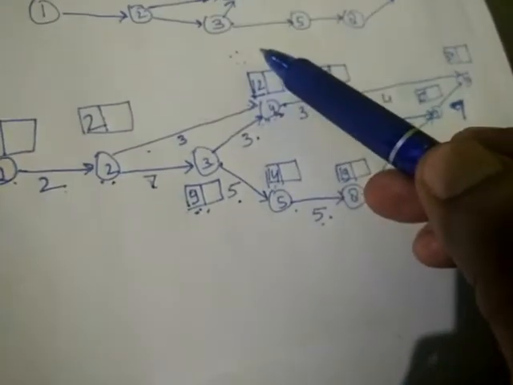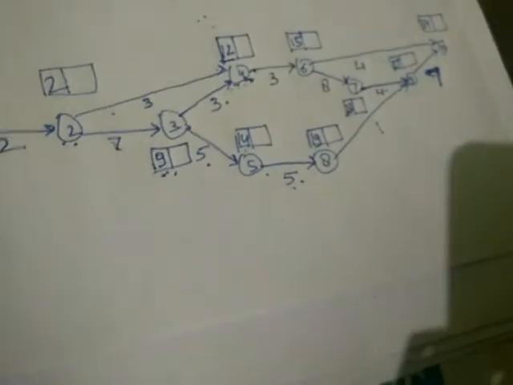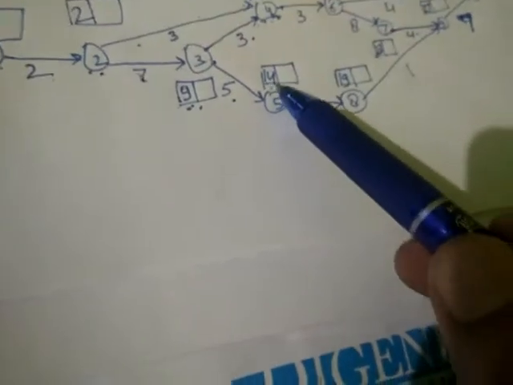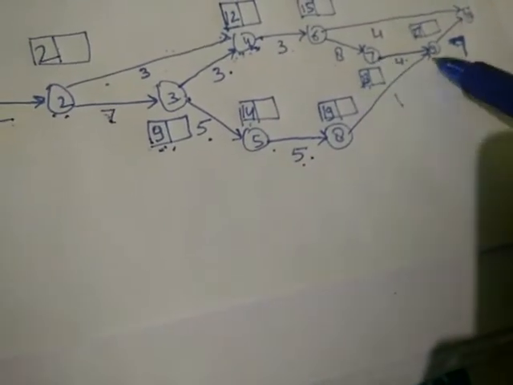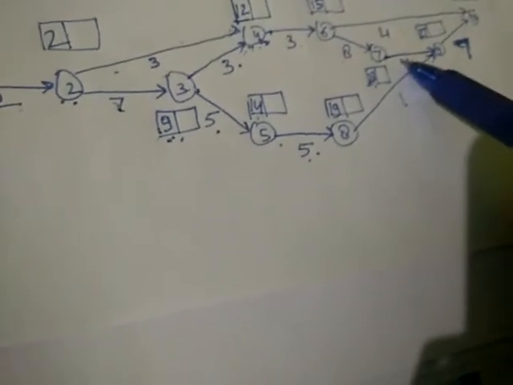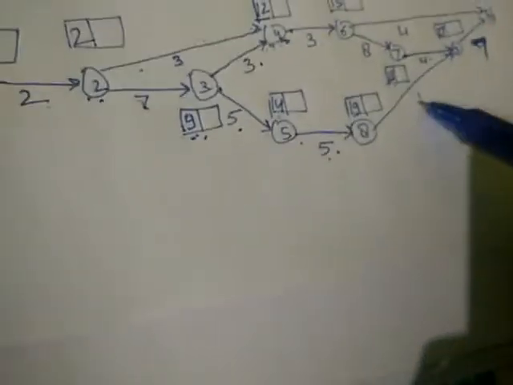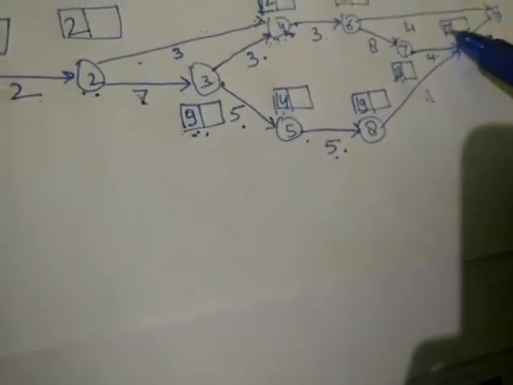Now see here 2 plus 3, 5, and 9 plus 3, 12. So here there are two choices, 5 and 12, so we will take 12. The same way 12 plus 3, 15. Here 9 plus 5, 14. Then 14 plus 5, 19. Then here 15 plus 8, 23. Now here again this is the merge event, so there is one path 7 to 9 and 8 to 9. If you calculate time from here, it's 23 plus 4, 27, and 19 plus 1, 20. So 27 is greater, so we will take 27.